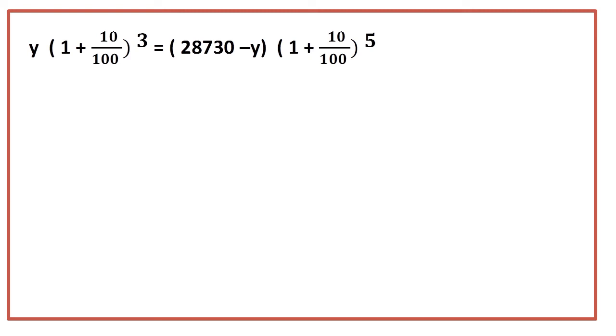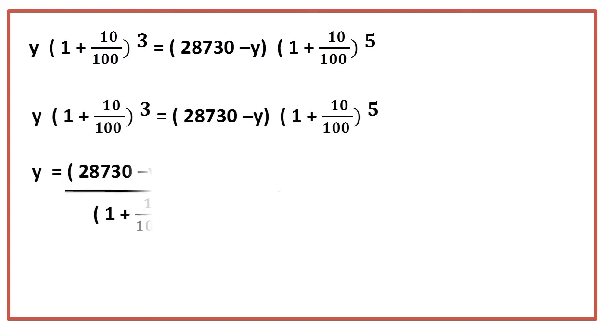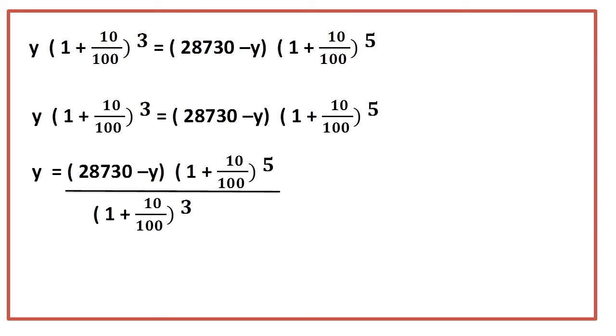In the next step, if I equate, Y is equal to (28,730 minus Y) into (1 plus 10 by 100) to the power 5 whole divided by (1 plus 10 by 100) to the power 3. You can just note down where everywhere we have a product, it is easy to simplify. So after simplification, Y will be equal to (28,730 minus Y) into (1 plus 10 by 100) to the power